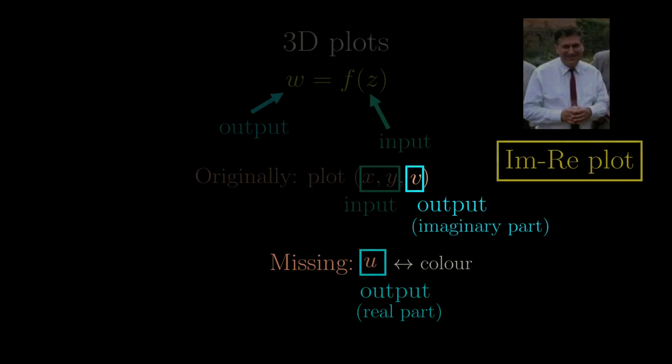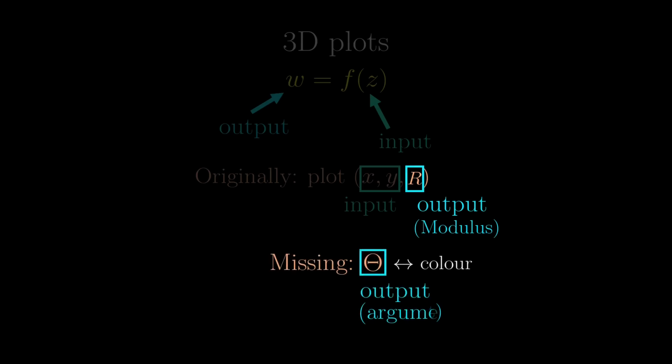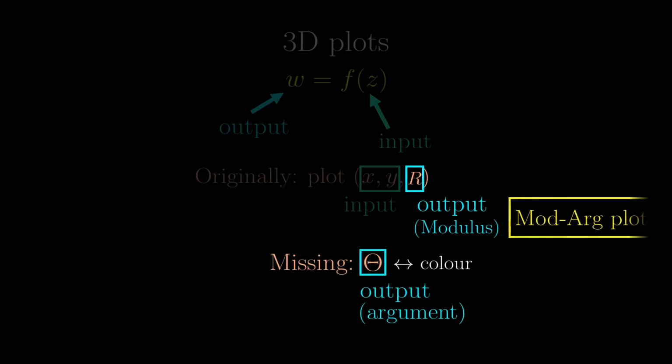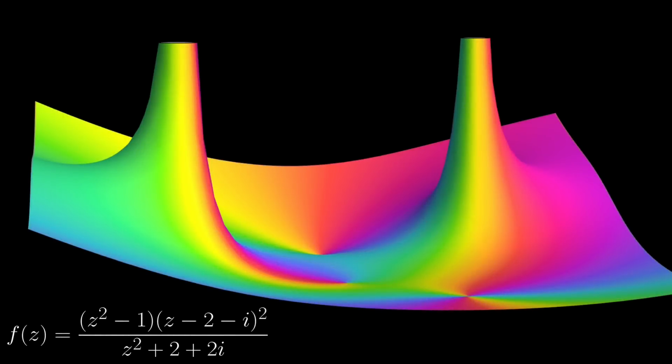We can also instead keep the modulus of the output, and the argument is represented by color. If we do this, we can call it the mod-arg plot. If we do the mod-arg plot of the same function, we get this. Again, the infinities are quite obvious, but this time the zeros are a bit more obvious as the lowest possible points of the plot, which is somewhat close to the feature of domain coloring.